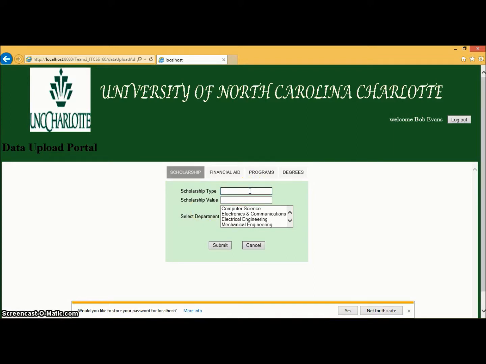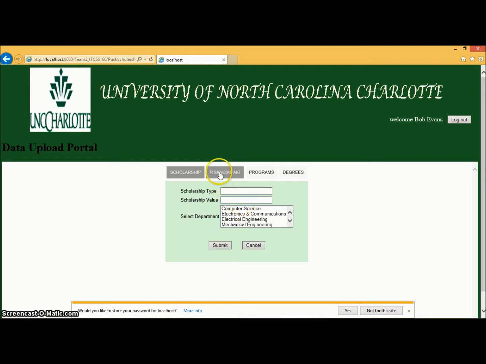Let me start by adding a scholarship. Let's say I'm going to give $2,000 as a scholarship, and this scholarship is going to be there for 3 departments. I select all the departments that I want to give it to, and then I click submit, and you will see a data successfully saved message here, and the data will be pushed to the database.